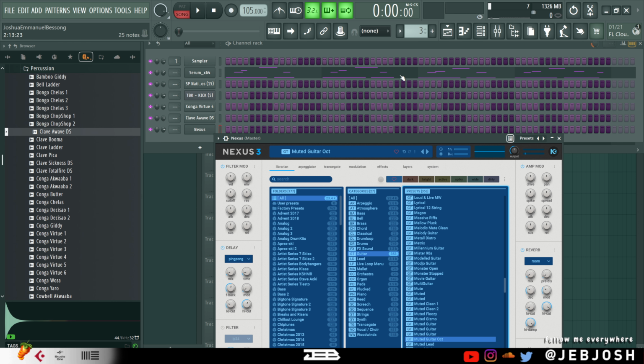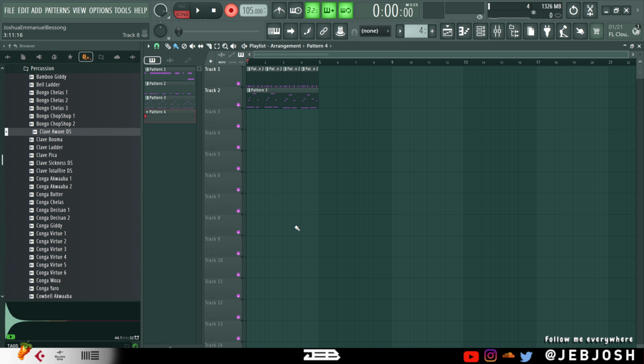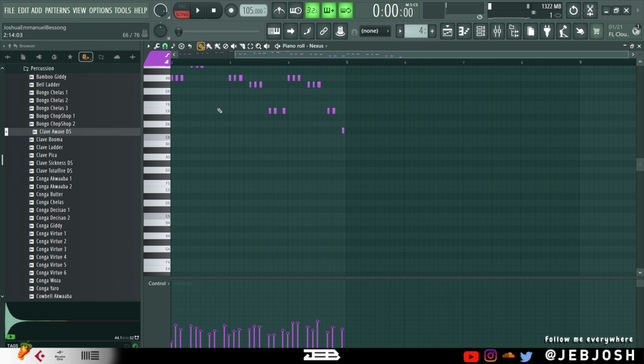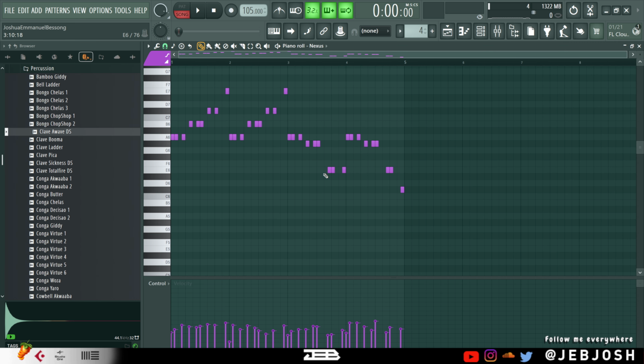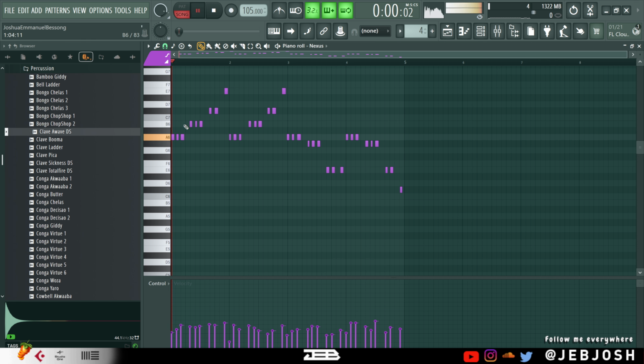Let me just record that so I have a nice bounce, and you guys are going to see the steps too. And if I quantize this with the step, you see what's going to happen to my melody. If I change it back to 1/6 step and I quantize it,